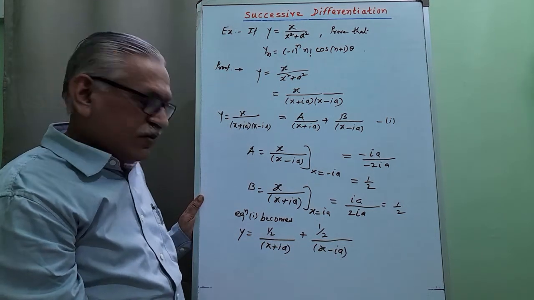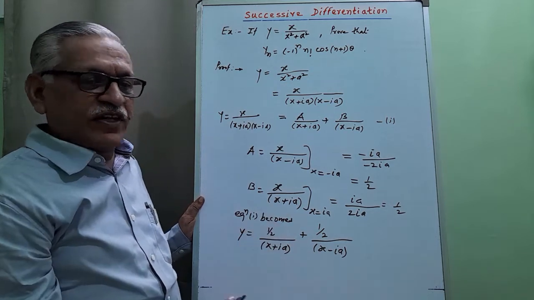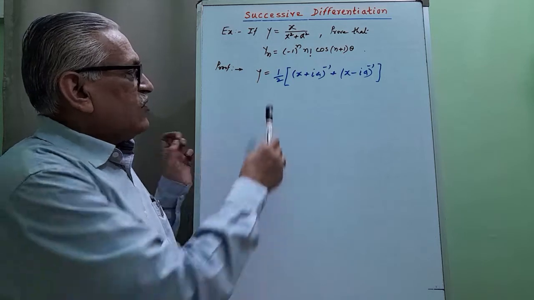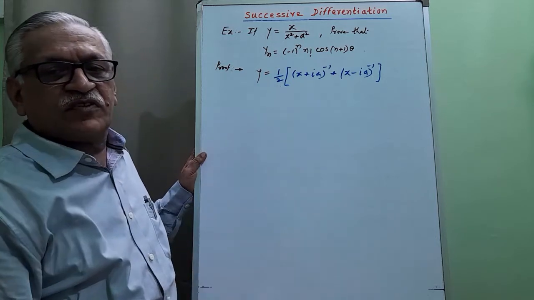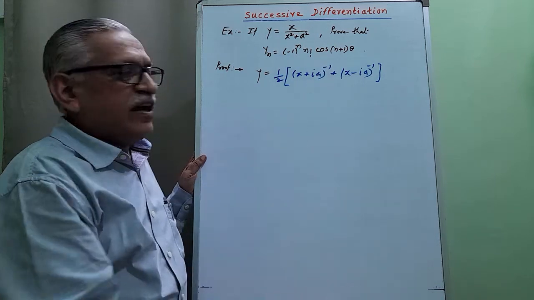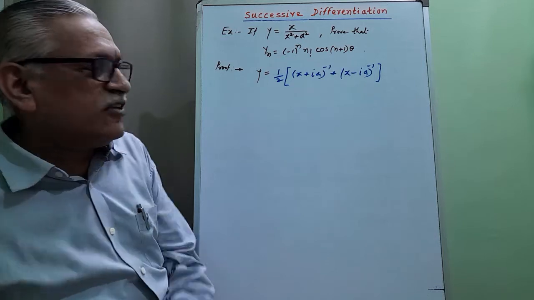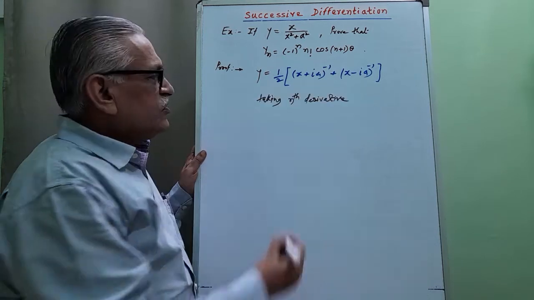Then we can take 1 by 2 common and transfer these terms to the numerator. We have y as 1 by 2, a constant outside the bracket, x plus ia raised to minus 1 and x minus ia raised to minus 1. Then finding the nth derivative on both sides, we get yn